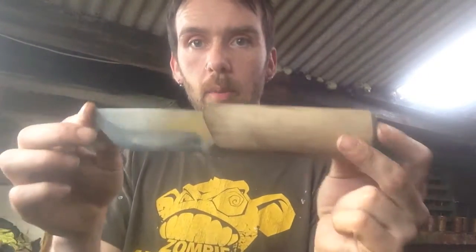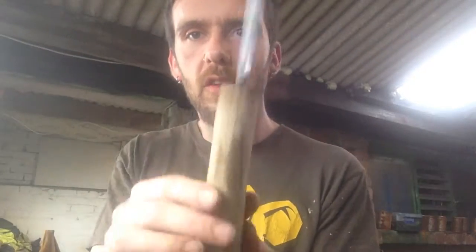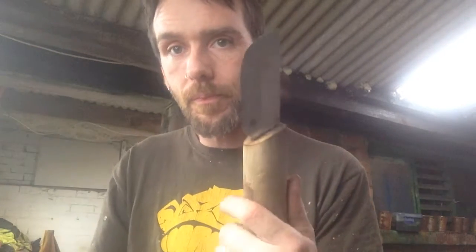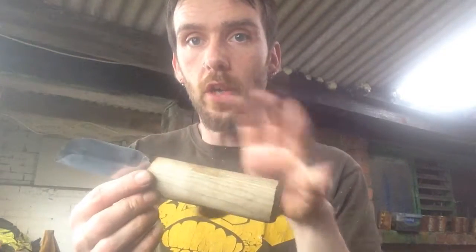So the handle's burnt all the way in. It's a good snug fit, so when I glue it it'll do as a test handle. But as you can see, it's a chunky little boy. So take the blade out so I don't damage the blade, and carry on with the general shaping of the